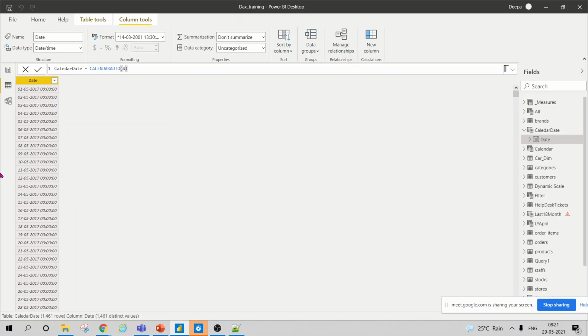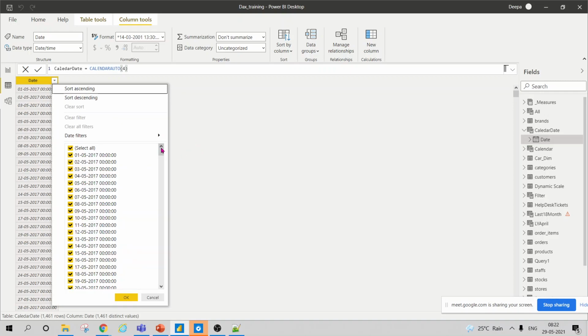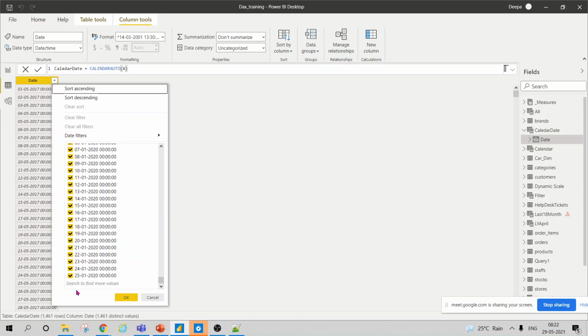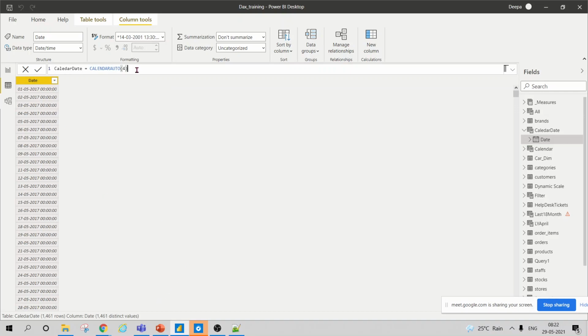So suppose I was not checking all the tables and all the dates, I might miss some of the dates when I'm creating a date table. Like I was creating a date table which was starting from 2020 to 2021, so I missed the dates which were in 2017 because I didn't check the dates. So in that case, I will miss them, right? The dates in this date table run from 2017 to 2020. So this calendar table helps you. CALENDARAUTO.